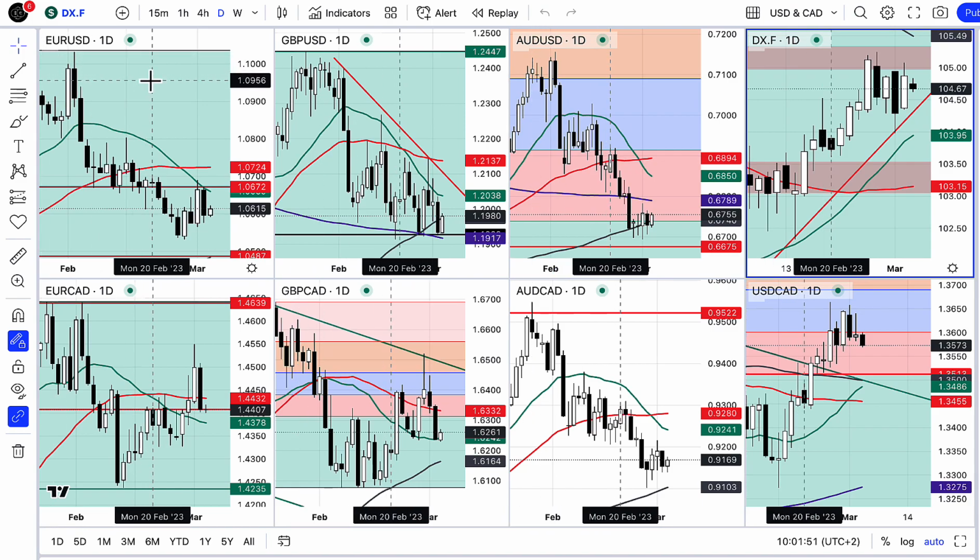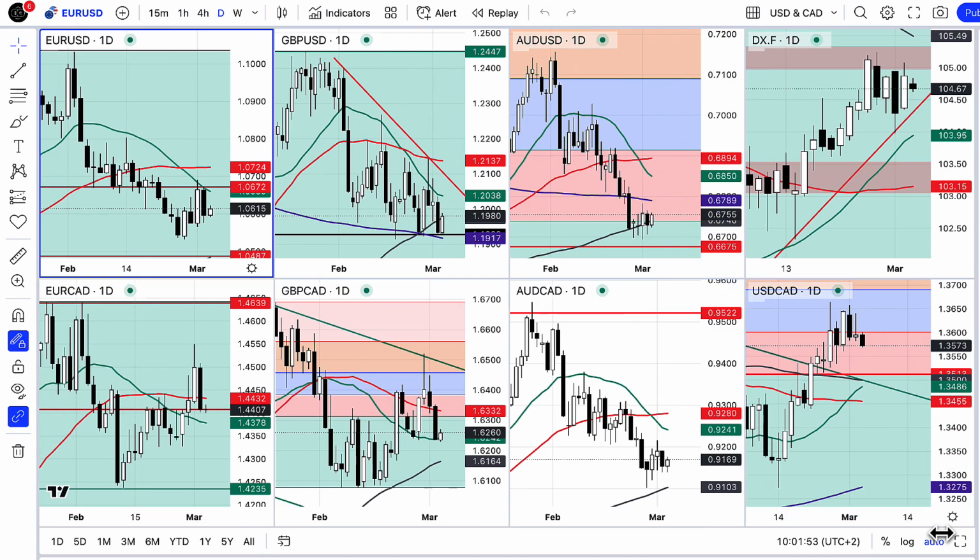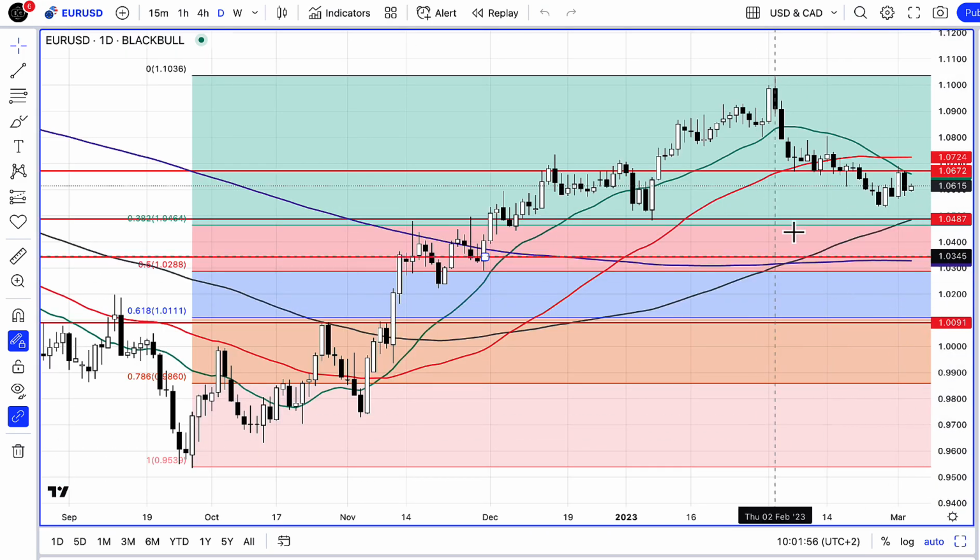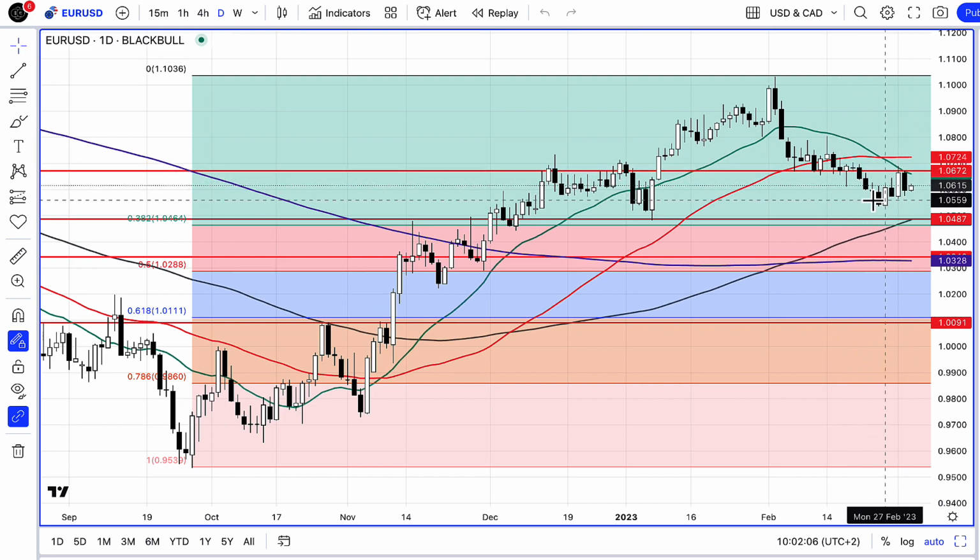So that brings us to the euro and the pound. Let's have a look at the euro. Basically, we're still short the euro. We had a nice down day yesterday. I did put a short video up about this resistance level and the 20 MA, which we touched the day before yesterday. Yesterday was a nice down day as the dollar rallied, and we've still got our sights set on